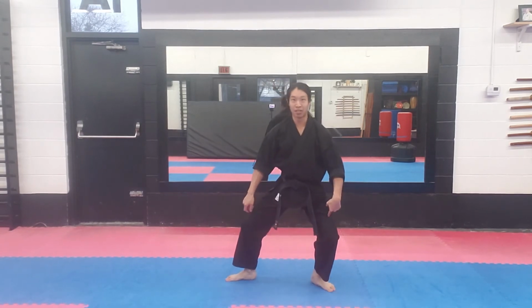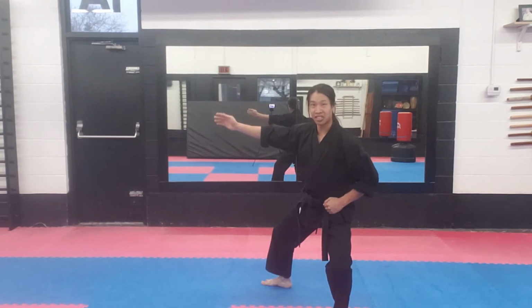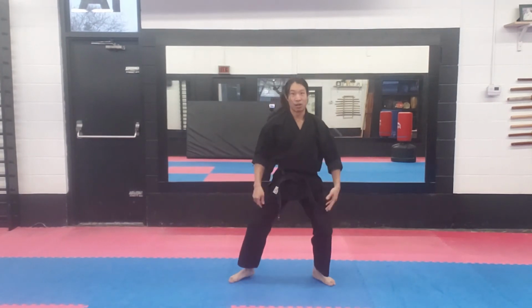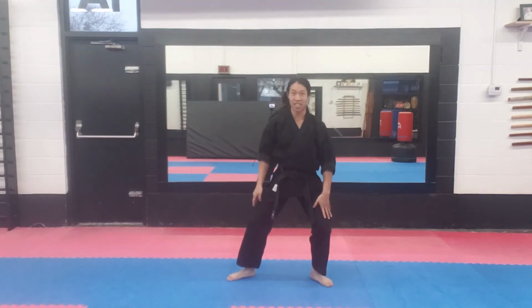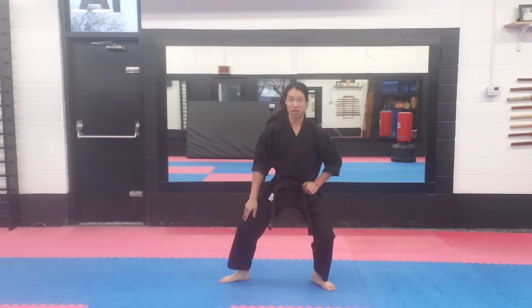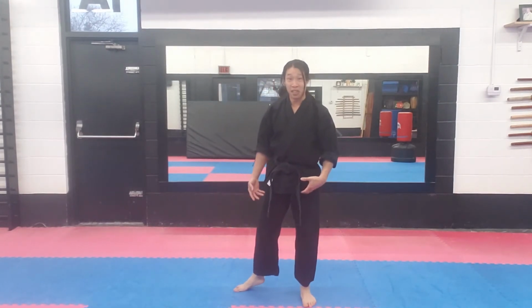I want to keep everything nice and solid here and step with both of my feet essentially together. Obviously one is going to move first and the second one's going to follow, but I still want 1, 2. What I don't want is 1, right? And make those steps nice and light. You don't want